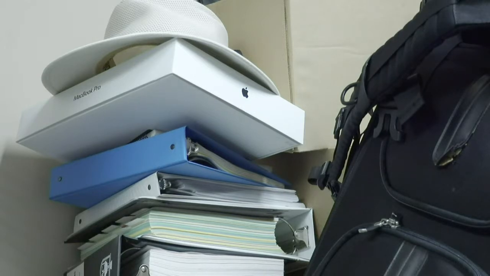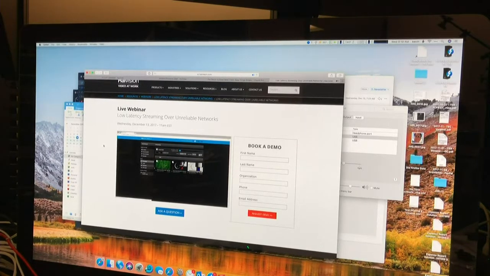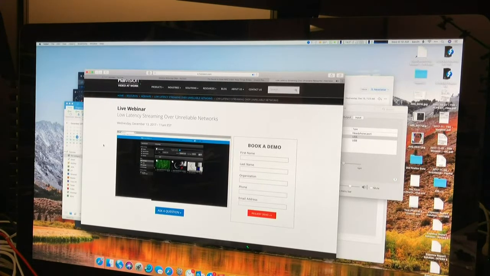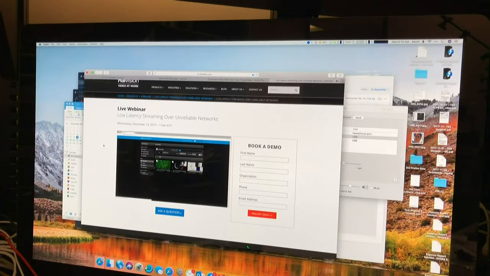Now, in order to simulate fluctuating network conditions, we're running through a laptop that has some software that allows us to throttle the bandwidth. We've throttled the bandwidth at a rate of somewhere between 15 megabits down to under 5. You'll see there are some performance curves that will allow you to understand what's going on. But the idea here is the Makito X is sending us an encoded stream that's intended to be at 10,